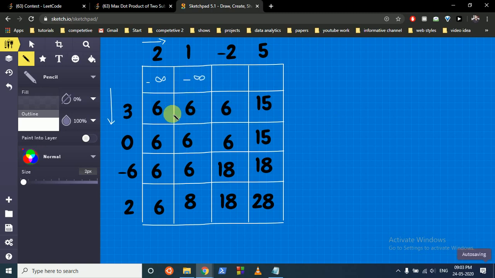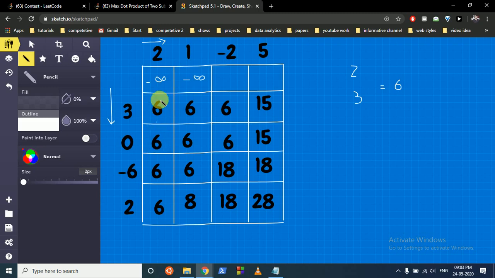Okay, so now just assume you have only 2 and 3, take an element from this and an element from this. What is the first element? For this element you have to consider only this and this. So if we have just two elements 2 and 3, what is the maximum dot product you can get? You can only multiply these two, so the answer is 6. So you can maximize it with the top element which is -infinity. So the maximum is 6 till now.